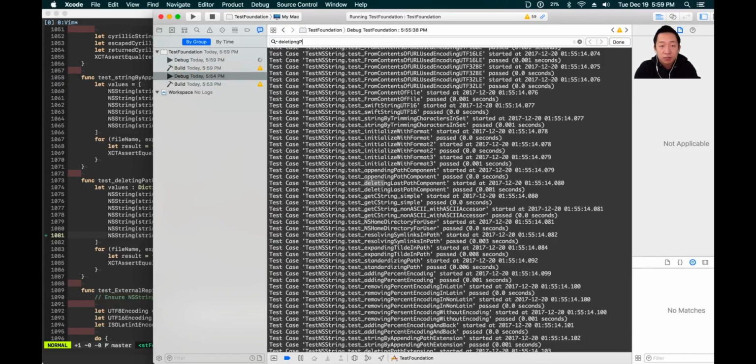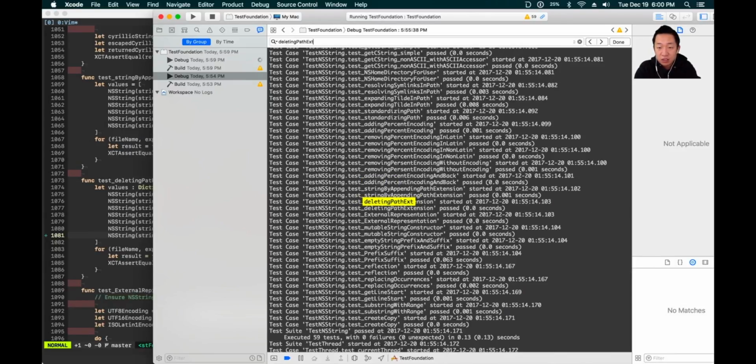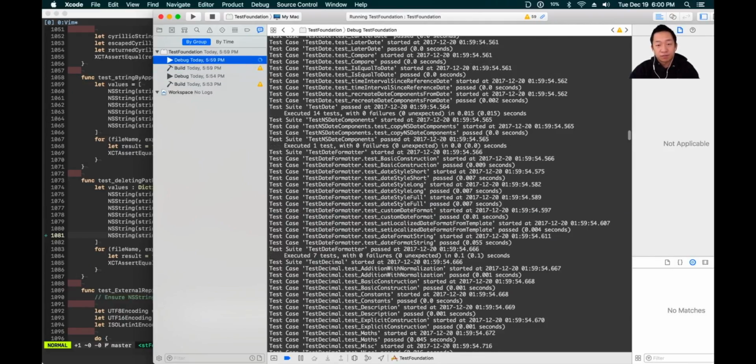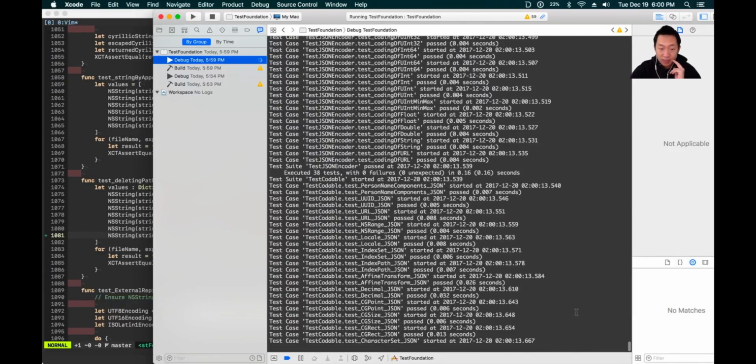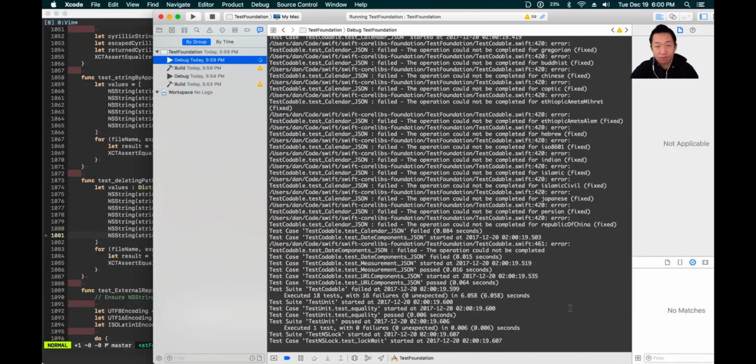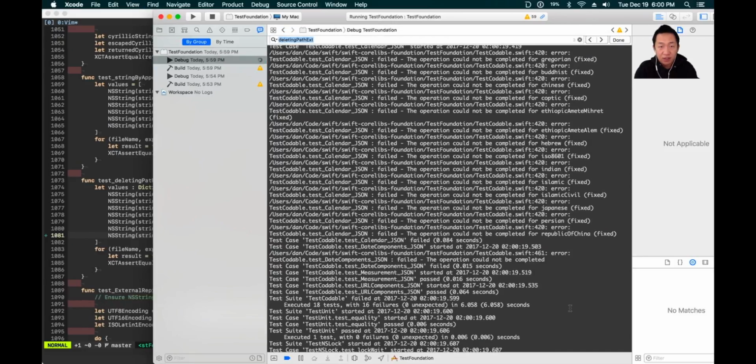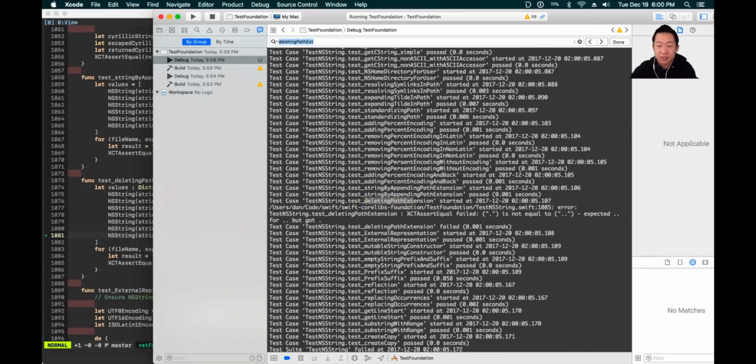Deleting path extension. So this test was previously passing, right? Passed with 0 seconds, all right? And we're running the new batch of tests. And let's see if that test